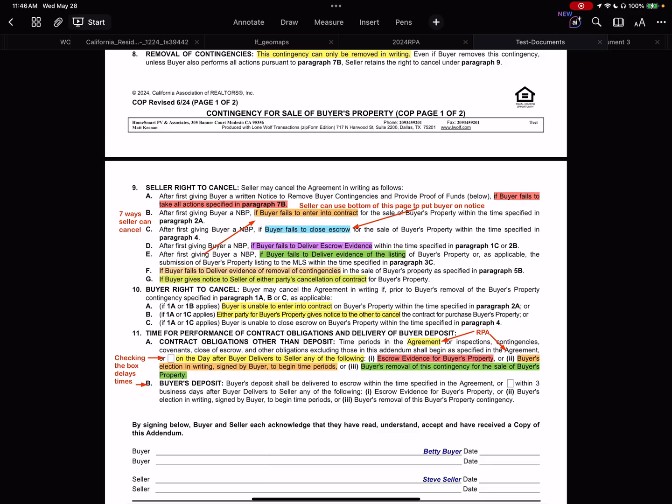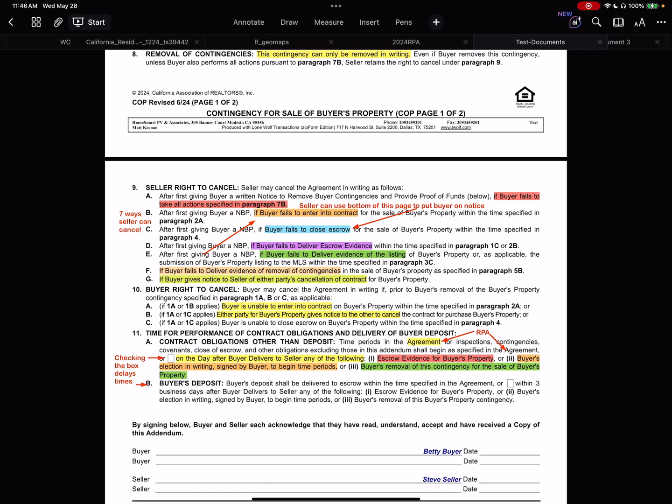Picture it like you're dating. If one party decides, hey, it's just not working, I want to cancel, the other party doesn't get to say, no, you don't have my permission to break up with me. You can just break up by telling them it's over, but you have to do it right. It has to be done in writing, and you have to make sure things are delivered to the proper place so you can prove they received it. That's what we're going to be dealing with here.